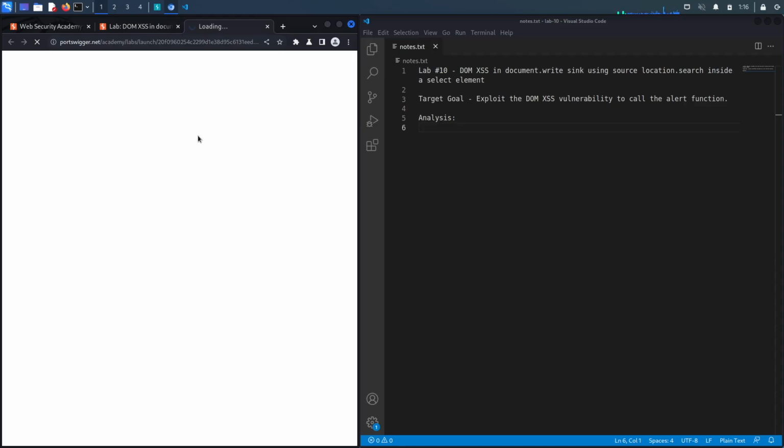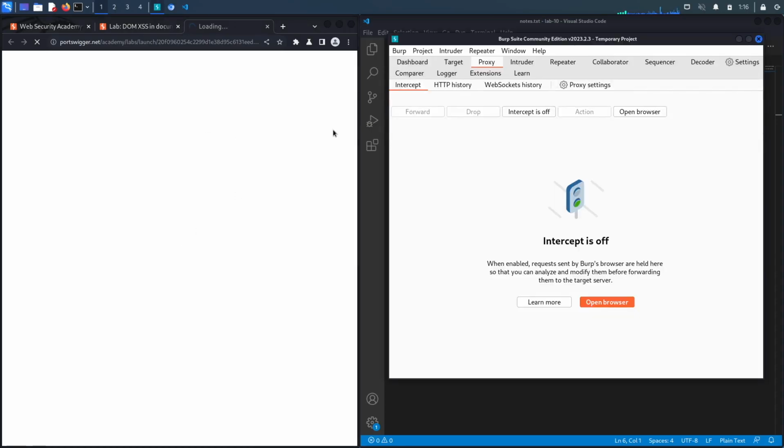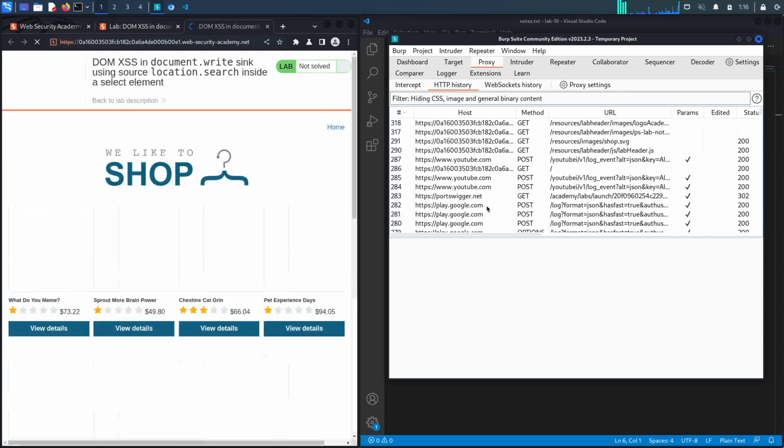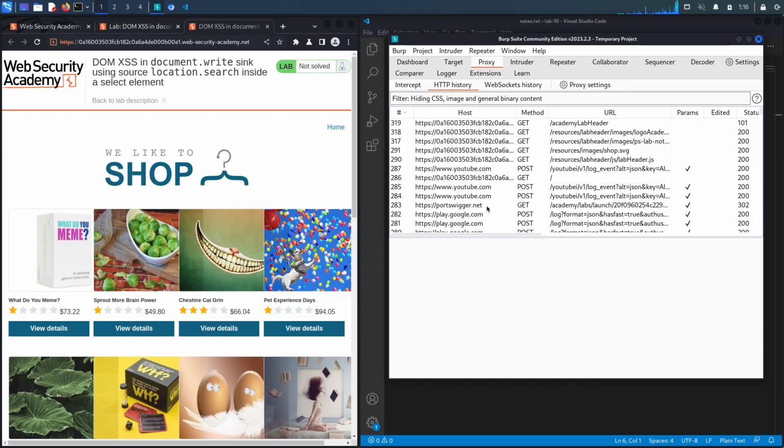Now notice over here, this is the built-in browser in Burp, and so all my requests are already being passed in my Burp proxy. When it comes to DOM-based XSS vulnerabilities, I don't really use the proxy. Instead, I use the developer tools in the browser to understand exactly where my input is going. And so for today, we're not going to be using the proxy, and instead, we're just going to use the